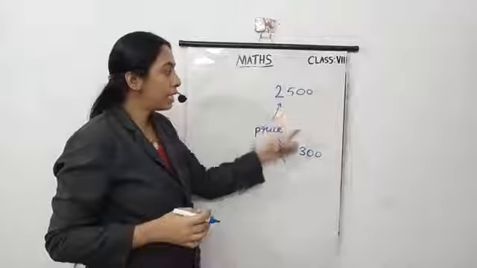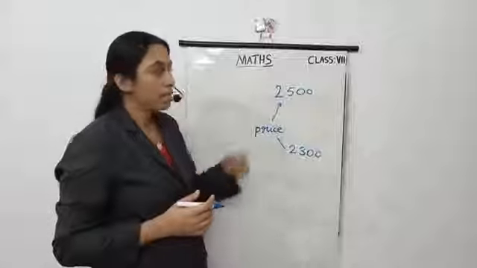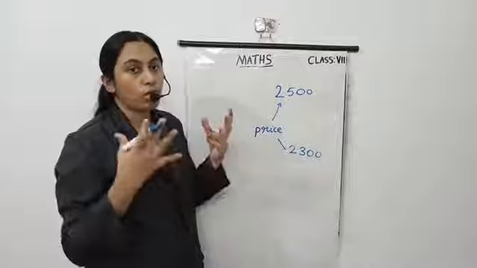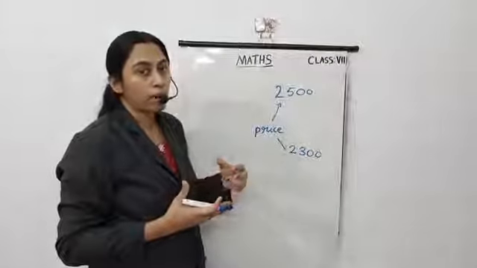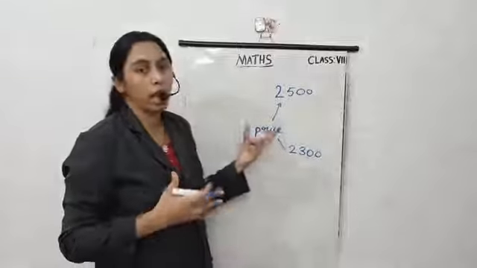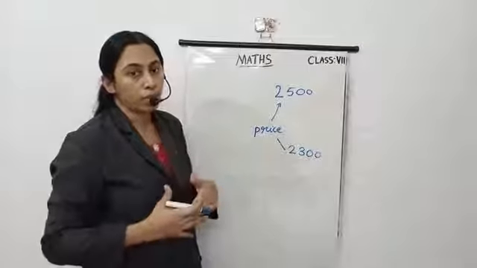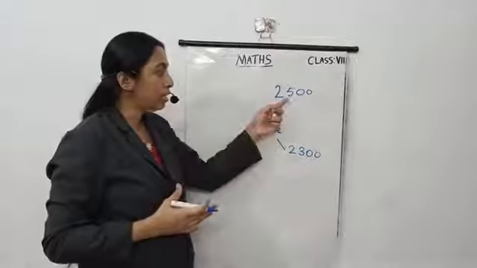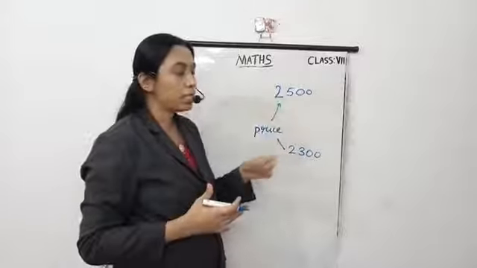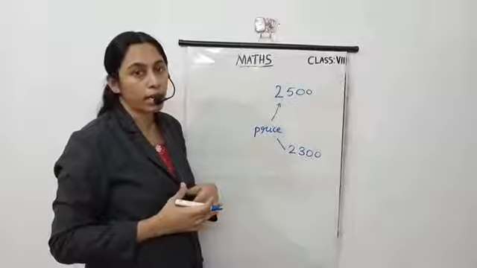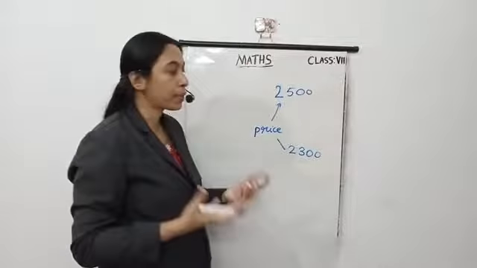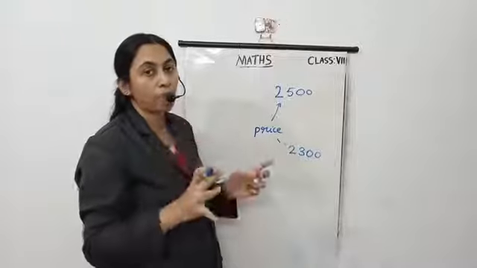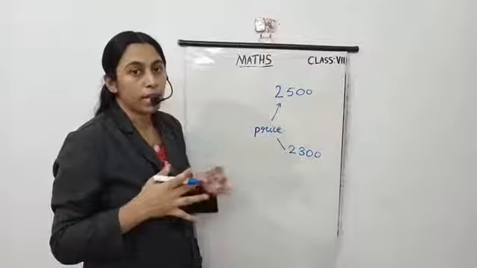So here is a decrease in the amount, isn't it? Here 2,500 you invested for buying this bicycle, but you got only 2,300. After 1 year you resell that one, then you got 2,300. Here there is a decrease: this amount minus this amount, we get that decrease, 200. Like that, every selling and reselling, every shopping, every item has a price. Every time it is changing, isn't it?